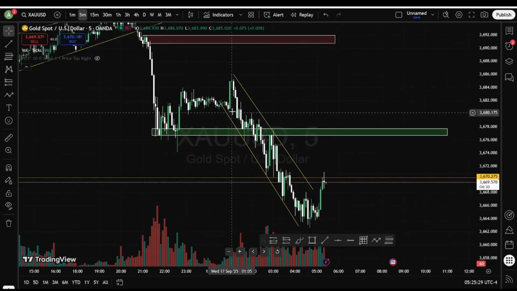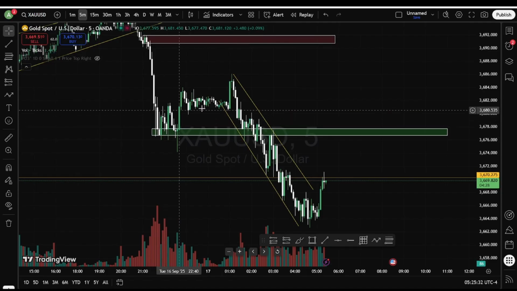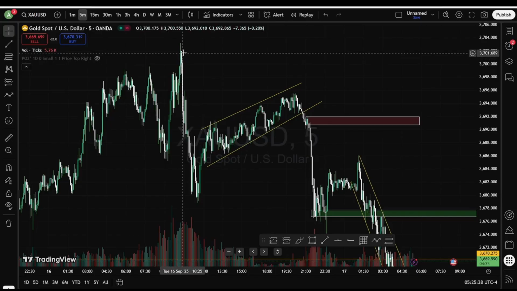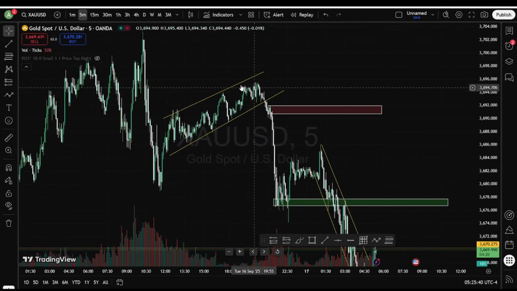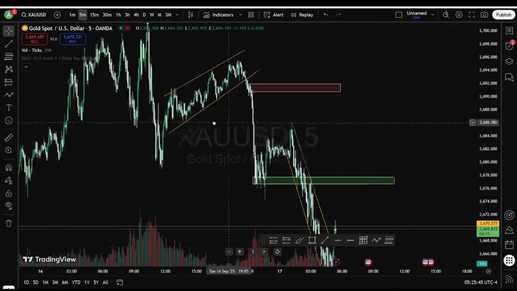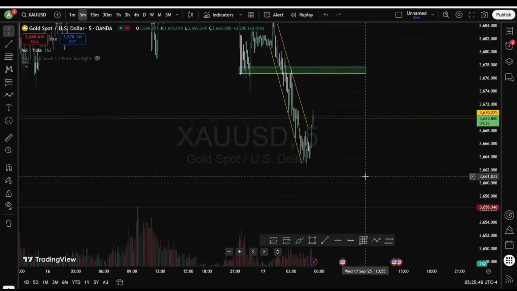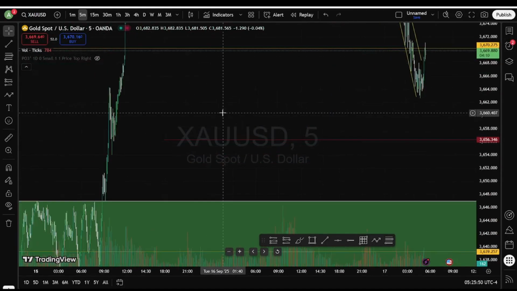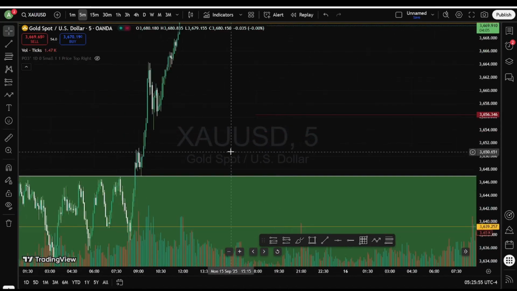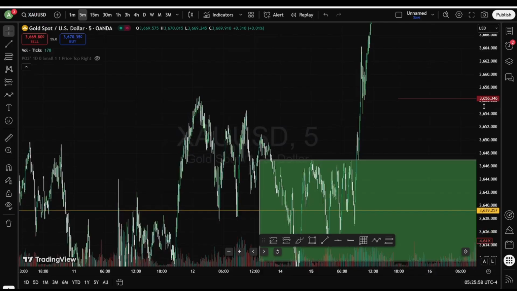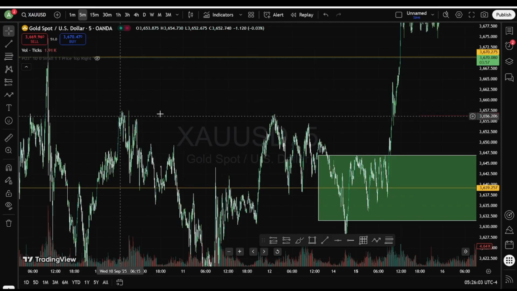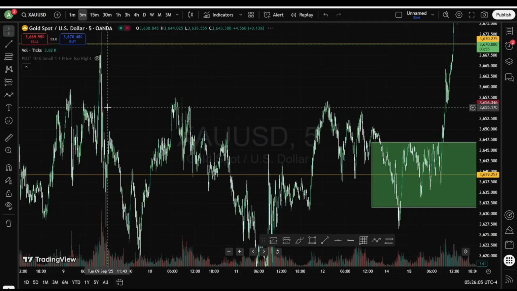So sellers are in profit, buyers are in loss. Sellers who took sell orders from the top can hold them till our next support. We have our next support at the 56 level, because last week we saw the price reject the 54 to 56 level multiple times. That is Monday's high, 54, last week Monday.